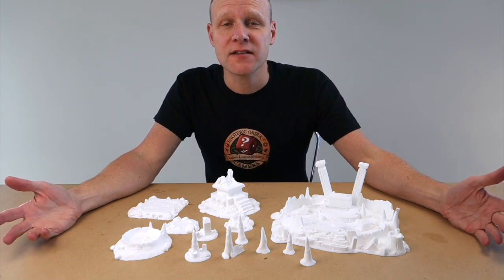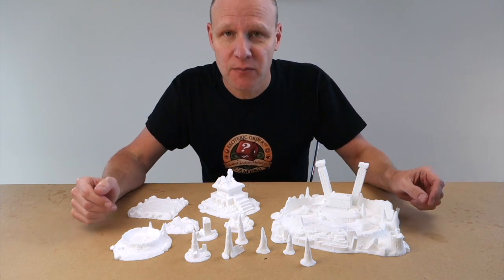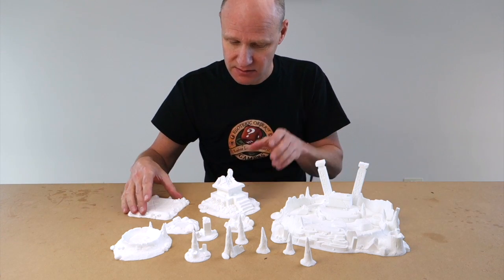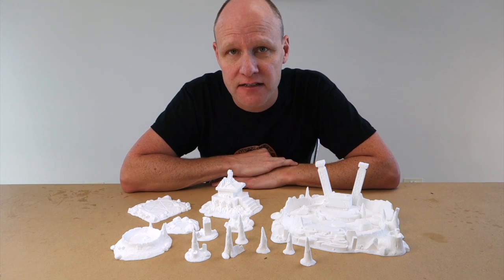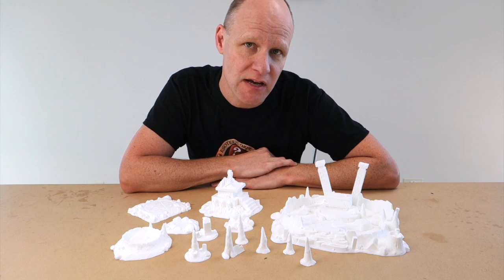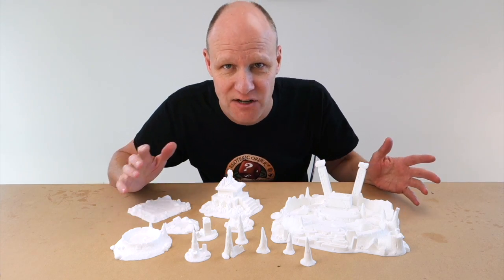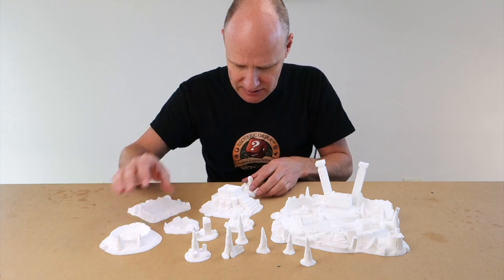Well, at last I've found some terrain that I really like, and this is it. It's by a company called THMiniatures, and they're run by a guy called THMiniatures, and he makes this beautiful resin terrain himself, and he's currently selling it on a Kickstarter campaign. He's already run a Kickstarter campaign in the past that went very well and had more of a generic fantasy theme. This one has a volcano theme, so there's lots of lovely bubbling pits of lava,